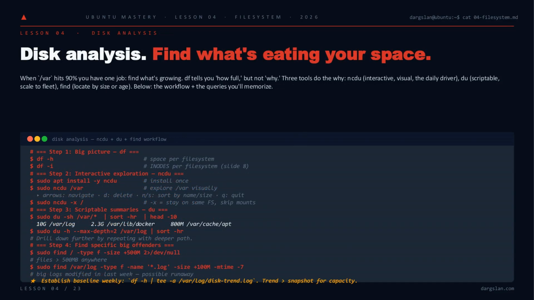Now, when /var hits 90% at 3 a.m., you need a workflow, not panic. Start with df -h for the big picture, then df -i because inode exhaustion looks identical to a full disk. We'll dig into that later. For the why, NCDU is your daily driver. Install it once, point it at /var, and navigate visually. When you need something scriptable across a fleet, du -xsh on /var/* piped through sort gives you the